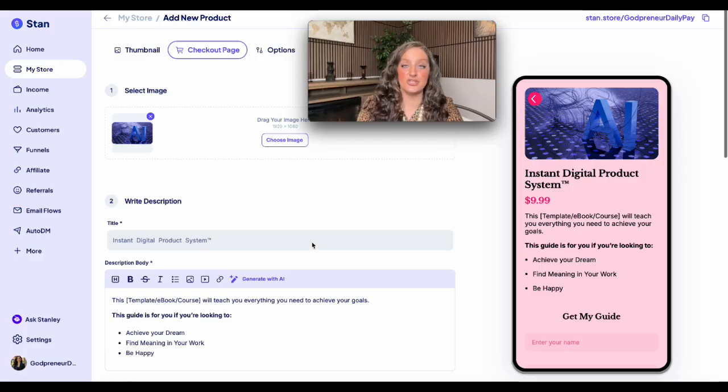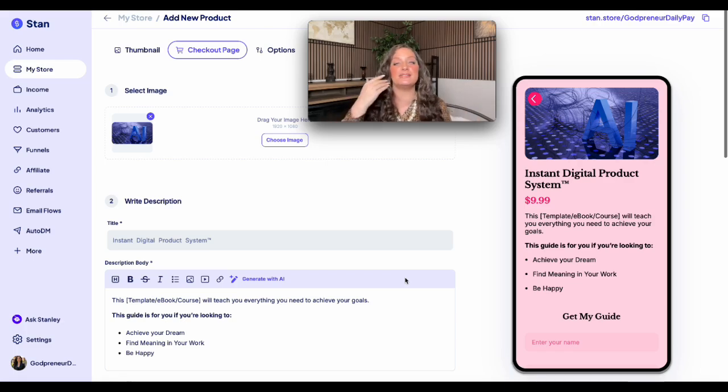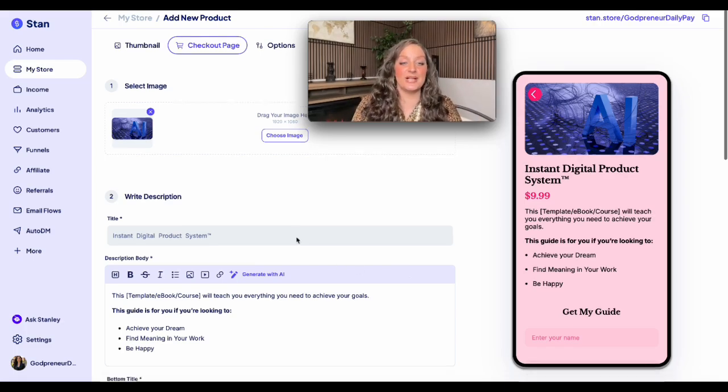So whatever information you put here on the left is what people are going to see on their phone or their laptop. But a quick pro tip is 90% of people that are scrolling on the internet, you guys, are on their phone. So you want to make sure that your websites and everything are mobile compatible, because that's what people are going to be scrolling on the most, okay?